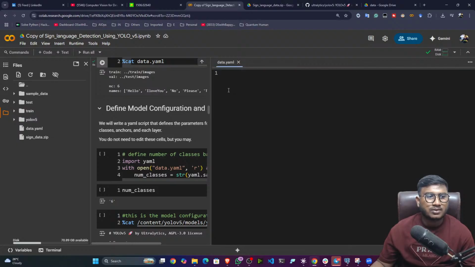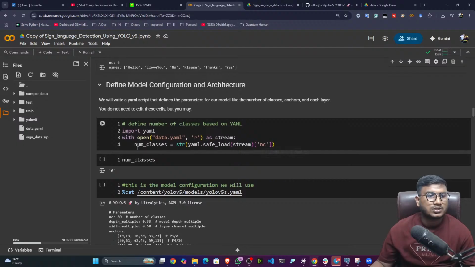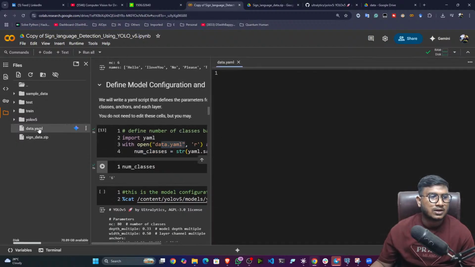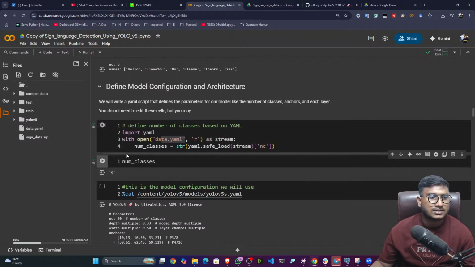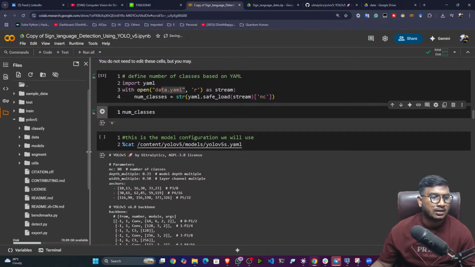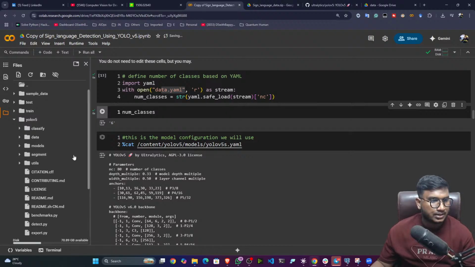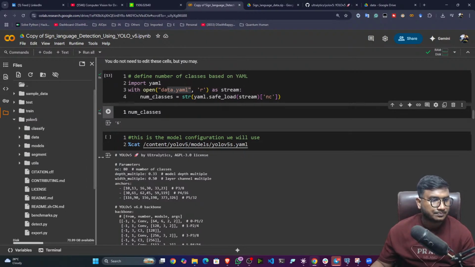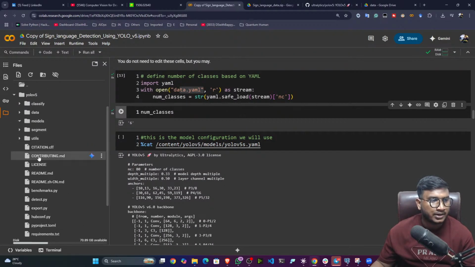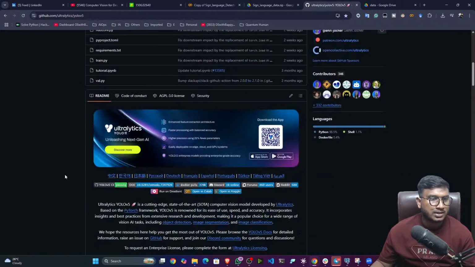If you want to use the pre-trained model, you have to change the configuration file with this number of classes parameter. So for this, we are extracting the NC classes from the data.yaml. The NC value is 6, because we have 6 classes, and this is the configuration file we'll be using, guys. So here, if you open YOLOv5, inside that you have something called models, and here is the model configuration. Based on your configuration, guys, whatever model you want to use, let's say I want to use this